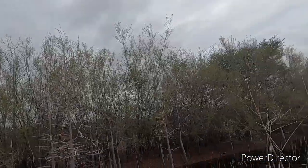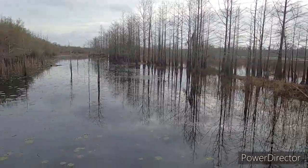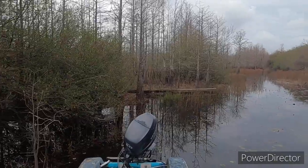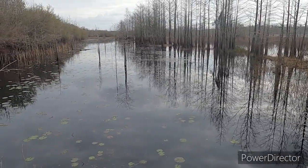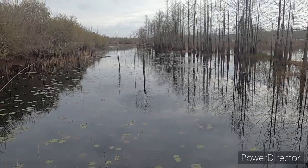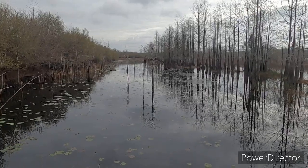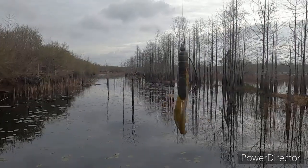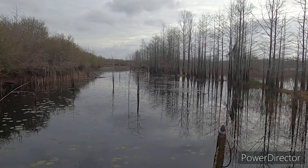It's full of vegetation. I mean, you can look right here. This is like a little ditch that goes down a ways. I just came through that way. I see one bust way up there, but I've done missed a couple, and I've got two in the boat, or I released them. But anyway, I done caught two on this exact same H crawl. I see them busting way up there, but